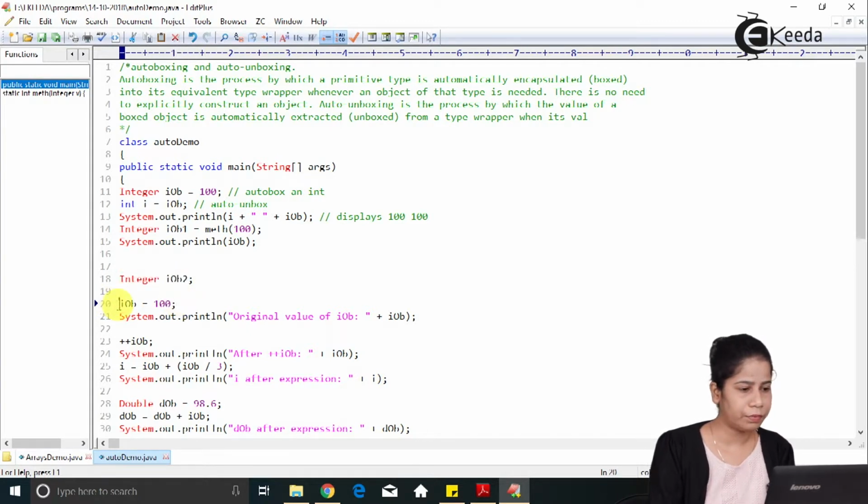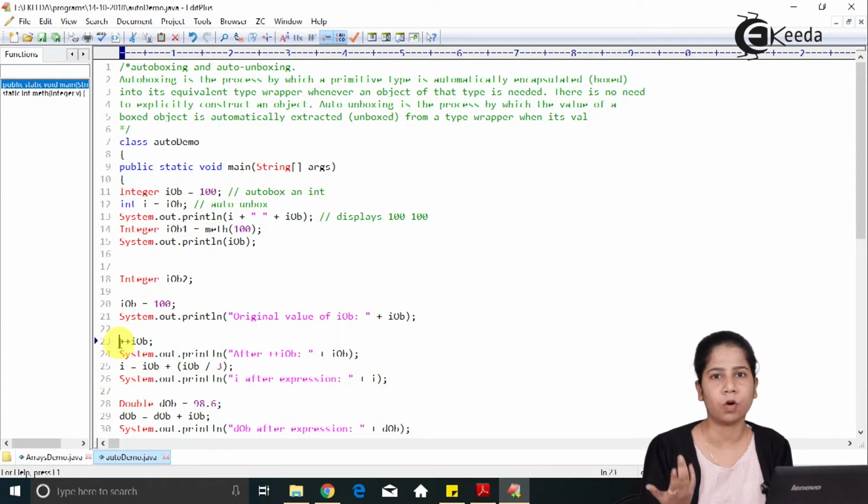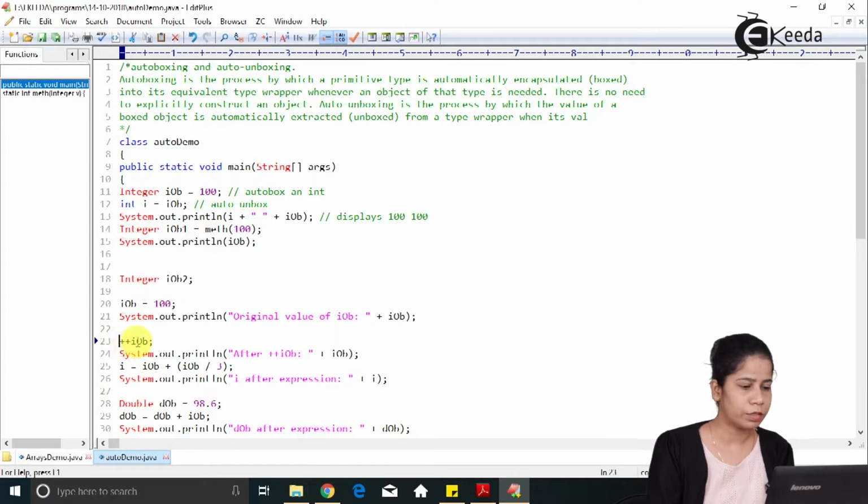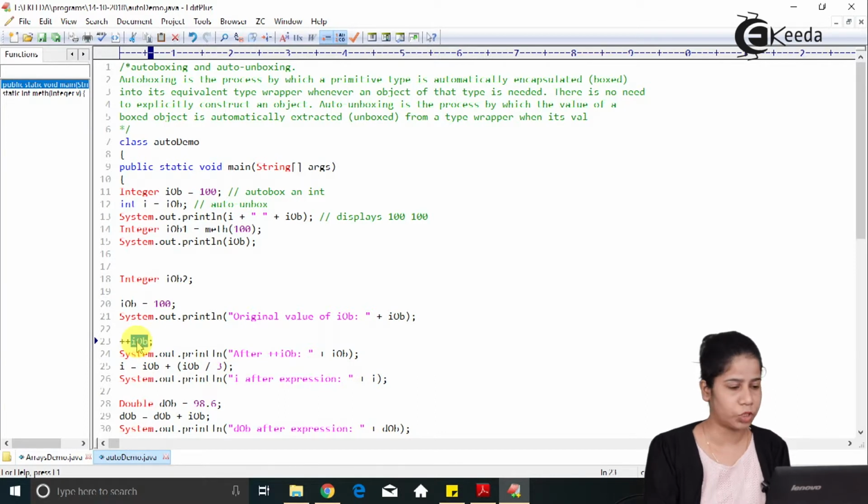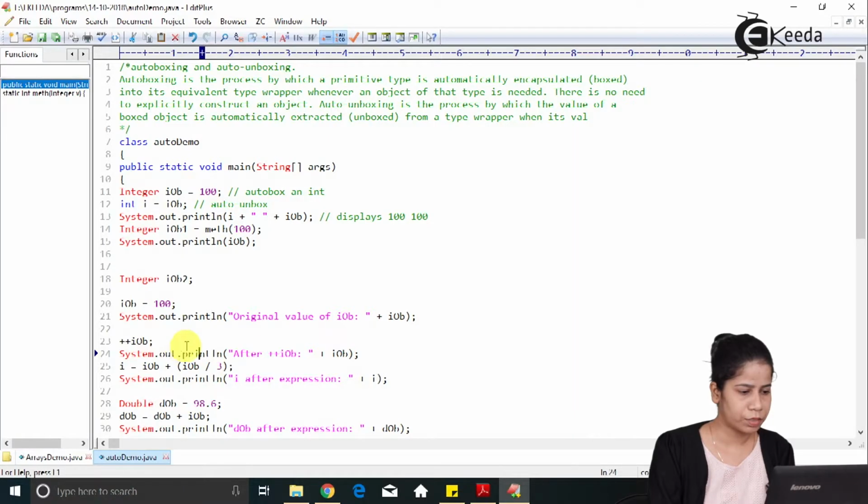Then the iOb value is assigned the value 100, and I have just printed it, which will show me 100. Then I have used the increment operator. You know what post-increment and pre-increment are; we have seen that in the operator chapter. So here it will add 1 to the object, and then it gives me the incremented